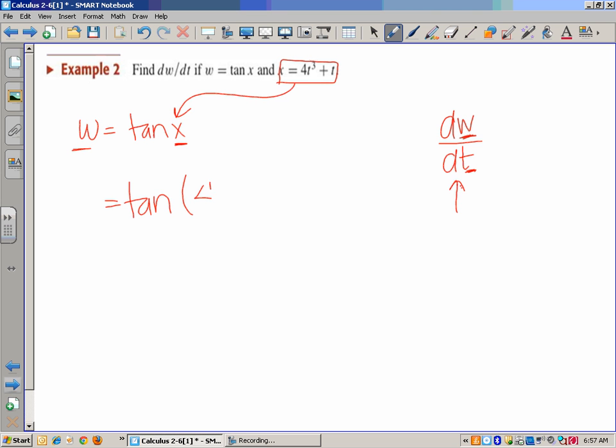The tangent of 4t cubed plus t. Okay, so the first thing we want to do is say, okay, we have two pieces. We have the tangent component, and we have the inside. All right, so here's what we're going to do. We're going to take the derivative of the tangent piece and then just leave it alone. So what's the derivative of the tangent? Go back to section 2.5. The derivative of tangent is,